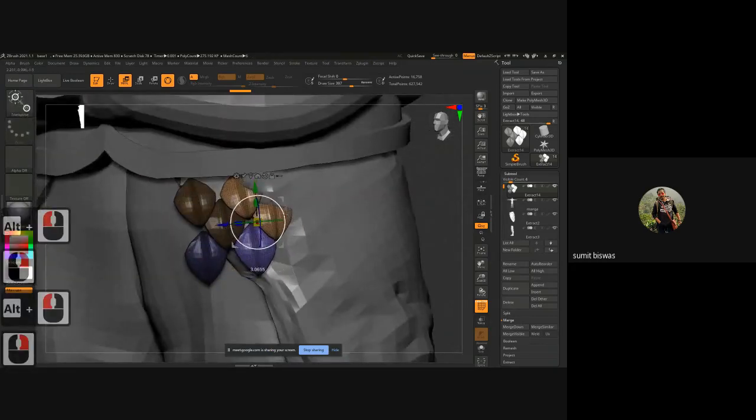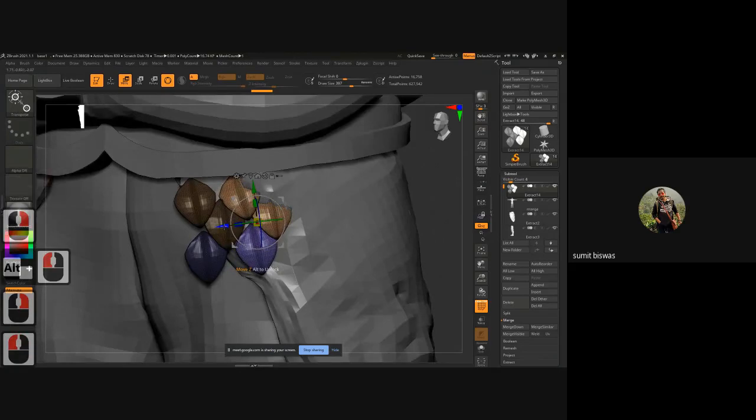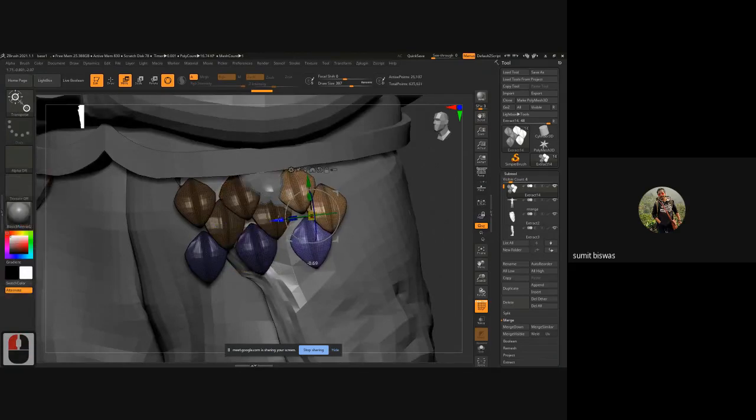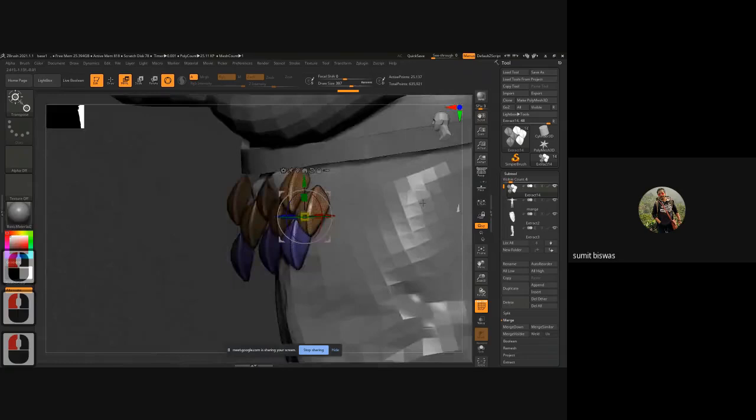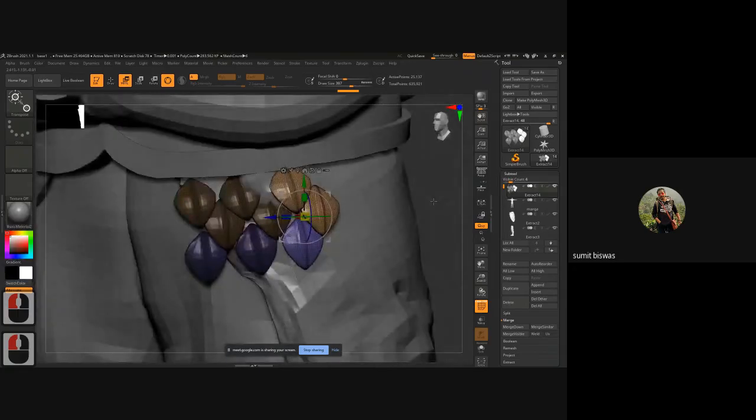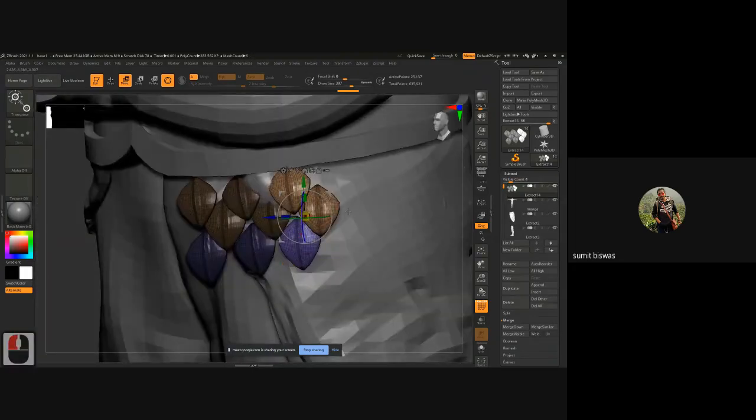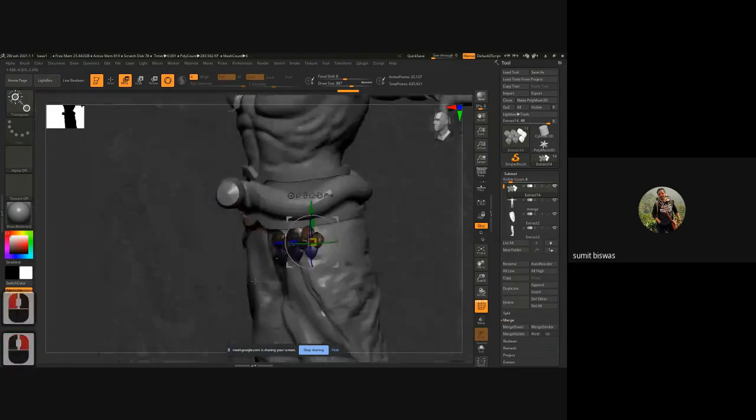So align, and then Control Shift, duplicate again, and align it properly. Personally, I prefer this technique because it gives you more control. I have small clusters of mesh that I can select and fix very easily. It's very convenient for me. Like this, I can duplicate, create the entire shape, and save the file.